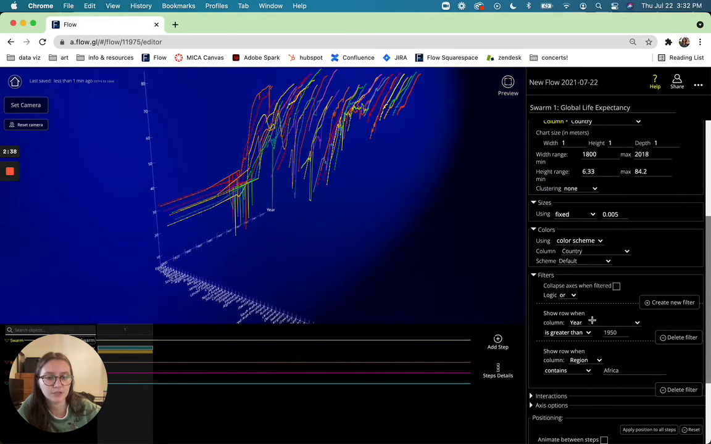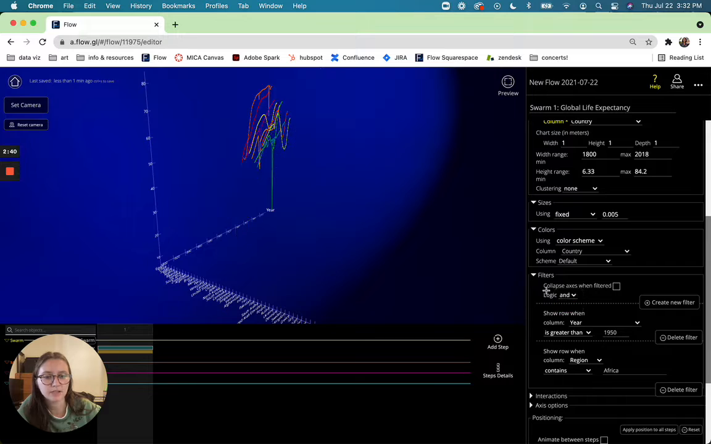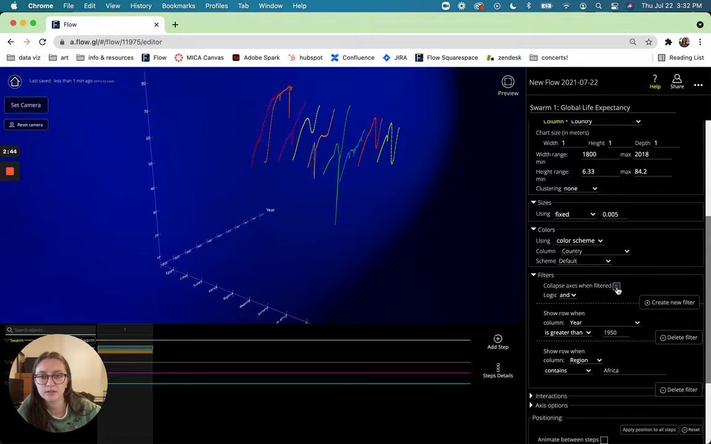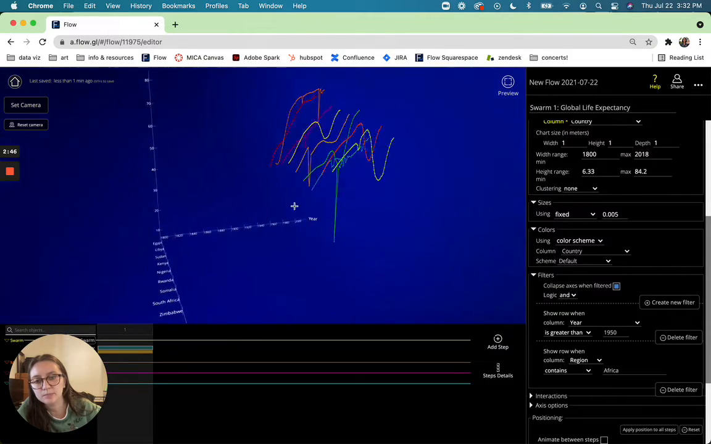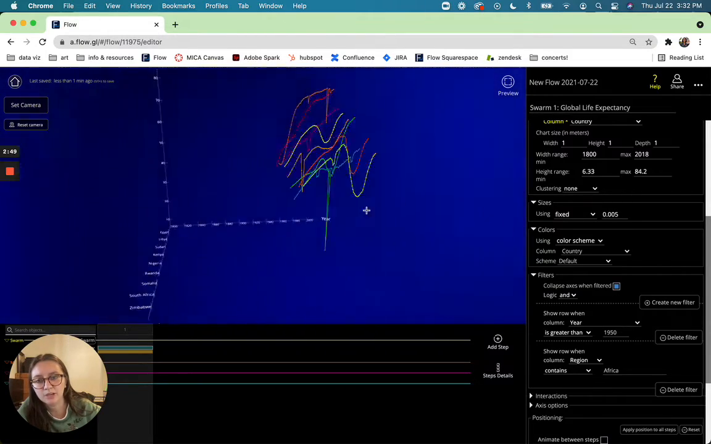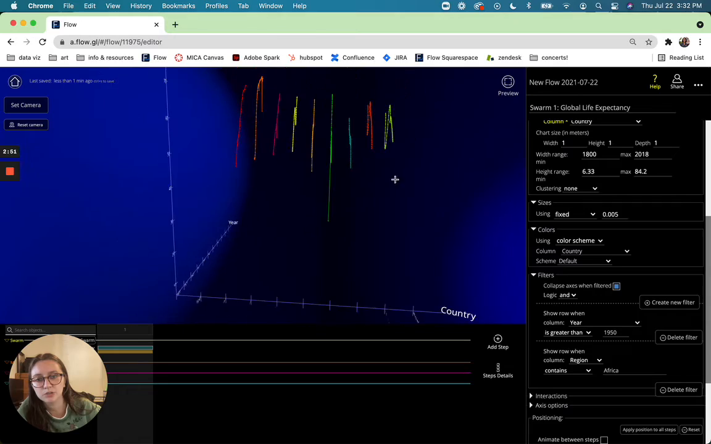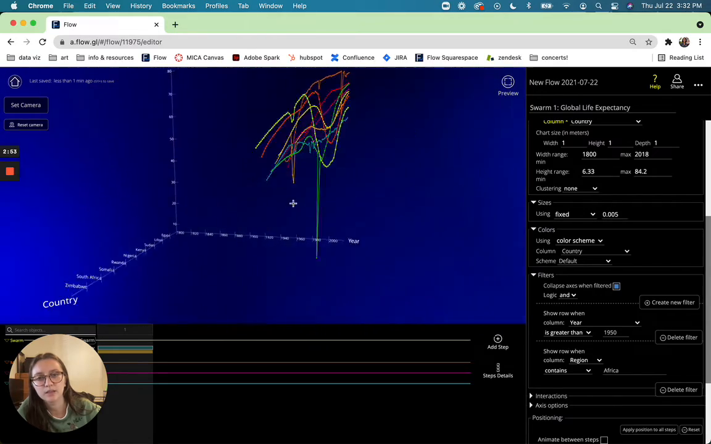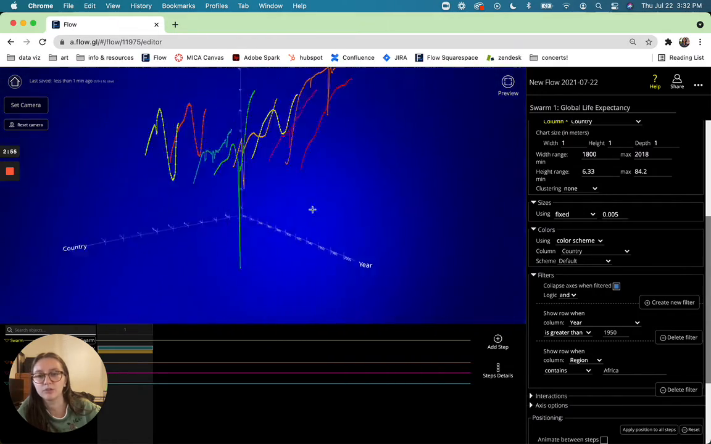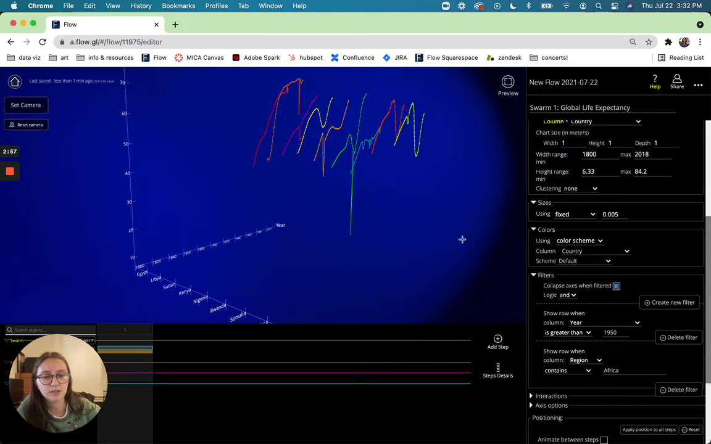Something else that's interesting, let me go ahead and switch this back to and. This collapse axes when filtered, I'm going to go ahead and do that. And then it expands out whatever data you have filtered, so that way you can really zoom in on it and get a clear view of each of those individual pieces. So that's kind of what most of the settings in the